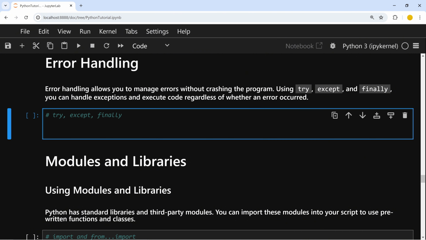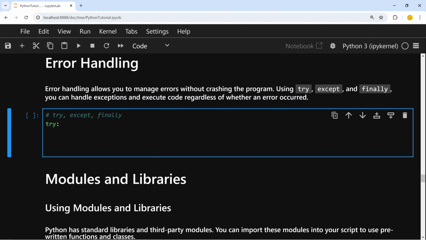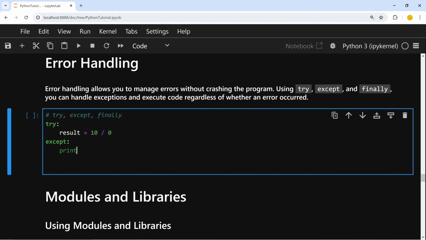Okay, let's see how it can be done. I write a try except block in here. I'm going to try something in this block, and let's write result is equal to 10 divided by 0. Normally numbers cannot be divided by 0, so it's going to throw an error, but we foresee that and we put it in a try except block. Except, I'm going to print something. If we got an error in here, it's not going to crash the program, it's going to execute the code in this except block. I write, there is an error, but the program